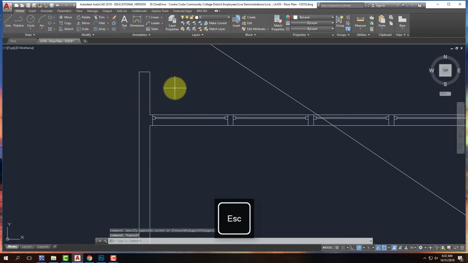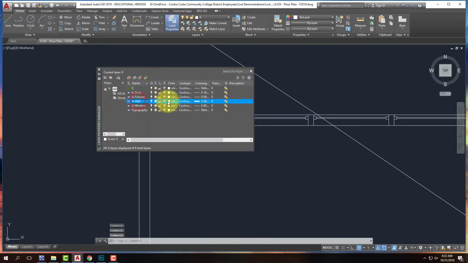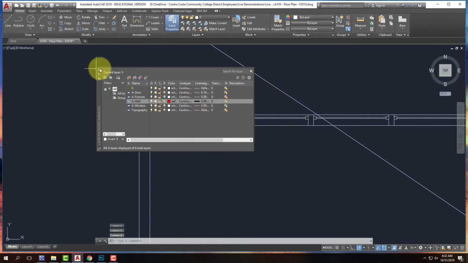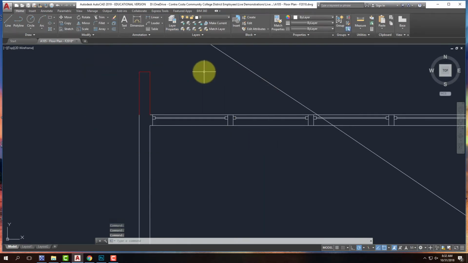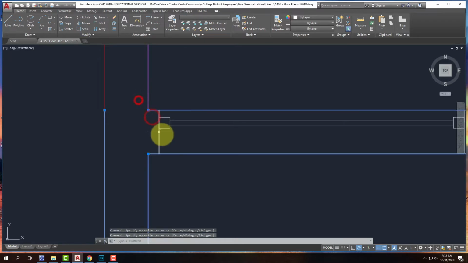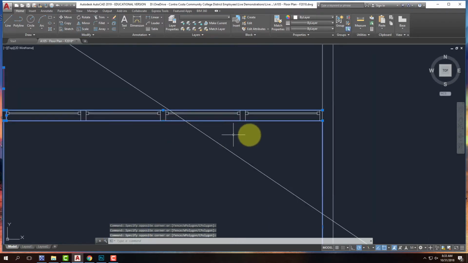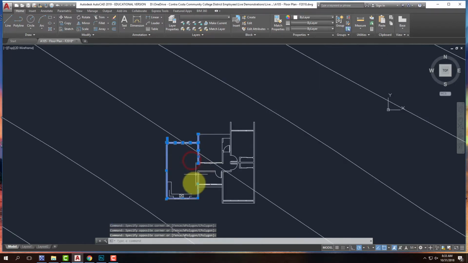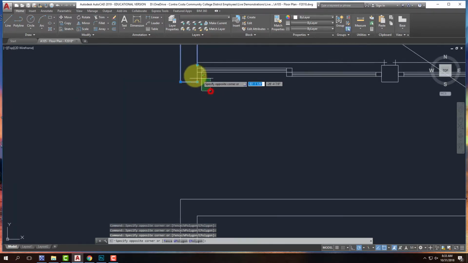To make it a little bit easier to see that we've converted it, I'm going to go back into Layer Properties. I'm going to take the wall layer, and I'm going to change the color of the wall layer to an actual color. And this will allow us to confirm that, oh yes, that did get changed. And so now it's just a matter of going through and selecting all the rest of the walls that are in my drawing. And it's a little bit annoying to have to go through and do this. And so ultimately, when you're working in AutoCAD, frequently you'll be assigning layers as you work, as opposed to drawing